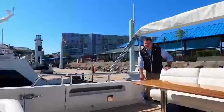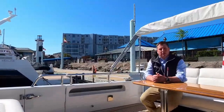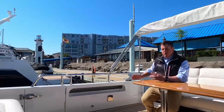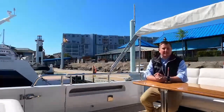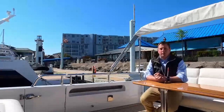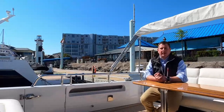As we begin our walkthrough on the MJM 50, there's a couple things I'd like you to keep in mind. First, pay close attention to the accessibility of the boat, how open the layout is, transom boarding doors, side boarding doors on both port and starboard side, power opening front windshields, sliding side windows, and wide side decks as you move forward. The boat is laid out to be very functional, yet very purposeful and elegant in all of its